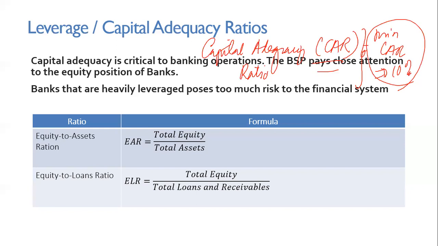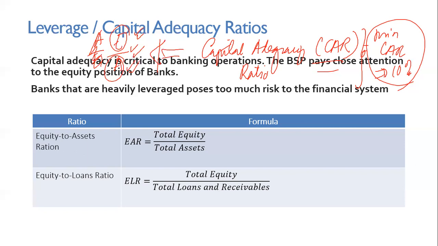The inputs to the CAR are not seen in the FS, it's a special computation. So usually, the amount itself is just disclosed. It's no longer computed. But essentially, the capital adequacy ratio is more or less equity over assets, that's the calculation. So this calculation cannot be lower than 10%. But the equity component is special, the asset component is special, so we're not able to discuss that, because it's not in the FS.